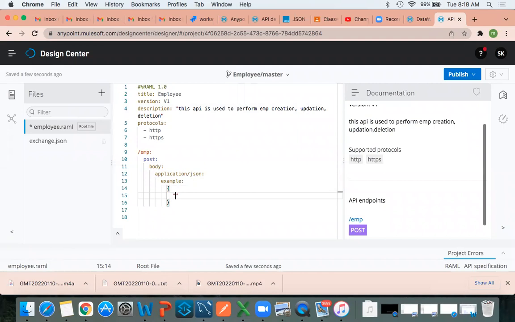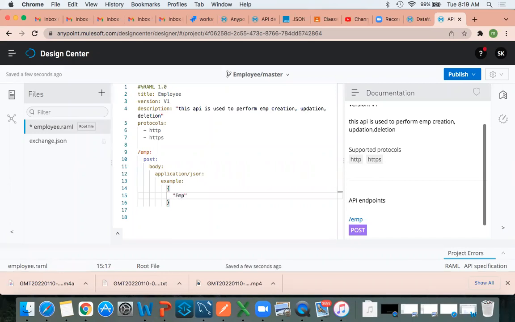Can we use XML here? We will use XML in coming classes, because most of the time, about 90%, we use JSON in real time, and 10 to 15% we go with XML. Once you are familiar with JSON, maybe tomorrow or the day after tomorrow we will discuss XML, or else I can show it today.